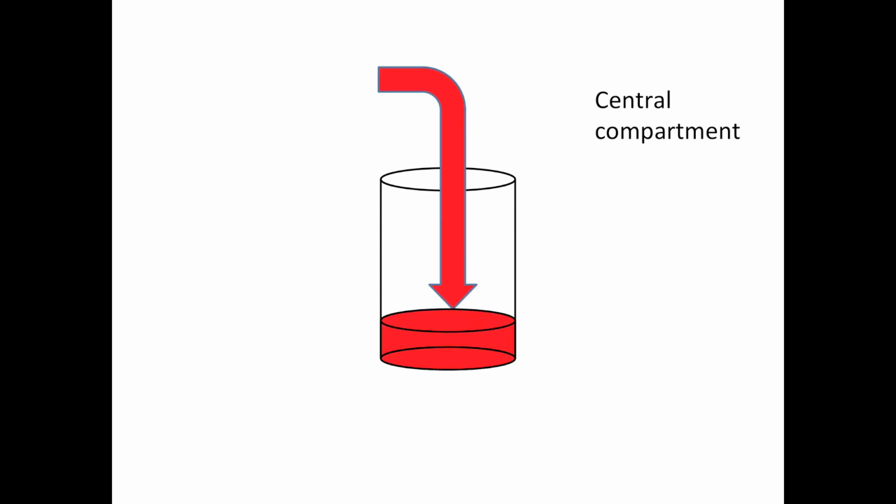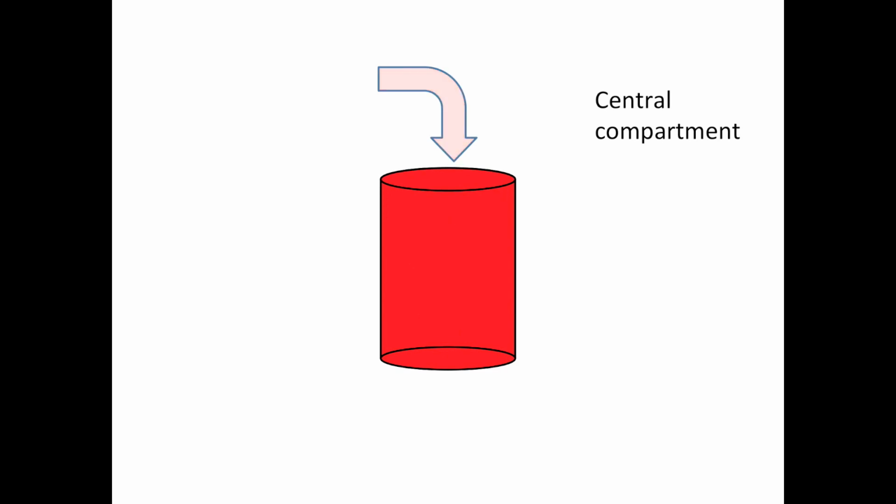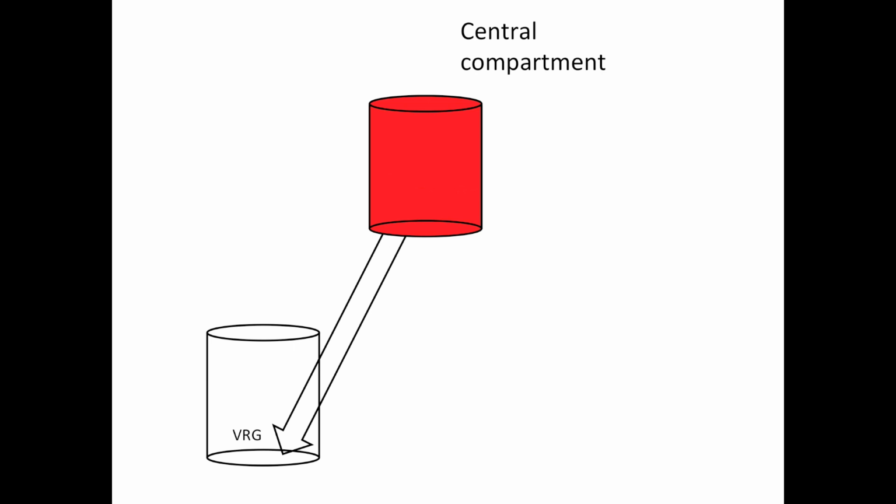Following administration of a drug, for our purposes we will consider a lipid or fat-soluble drug, the concentration of the drug rises, and we represent this by an increase in the height of the fluid level within this container. When the drug has been injected and is fully mixed, the height of the fluid column is at its maximum. However, as soon as there is any drug in the central compartment, it will immediately begin to distribute out of the central compartment. It is useful to lump organs together according to those with similar rates of distribution of drugs,